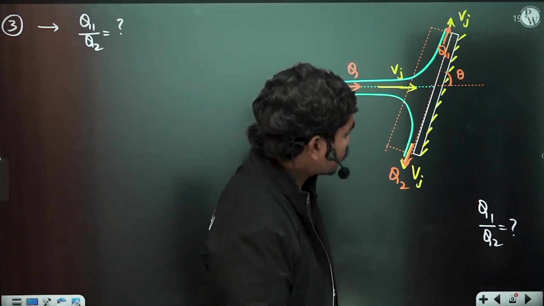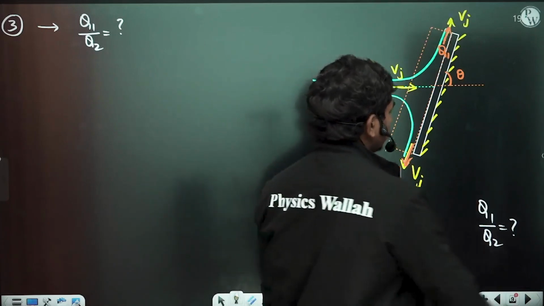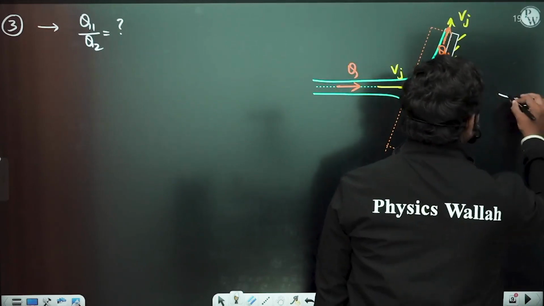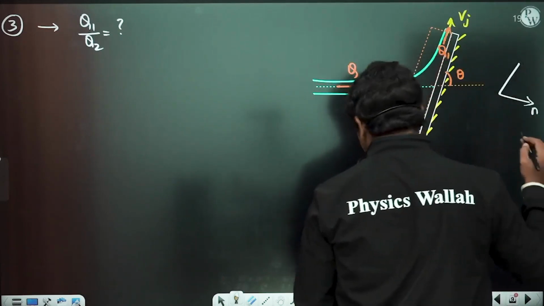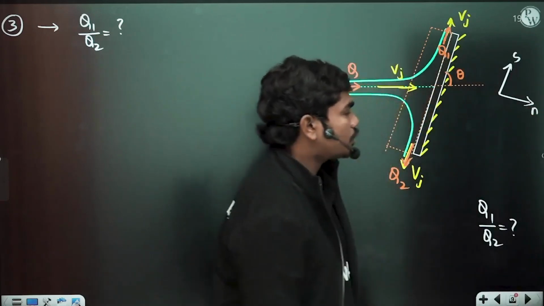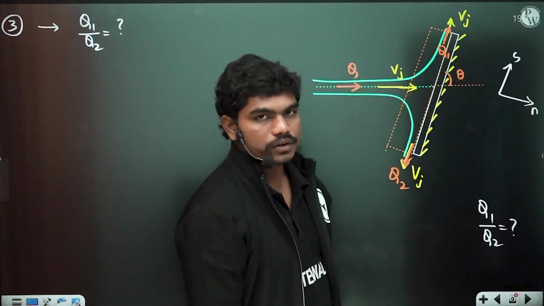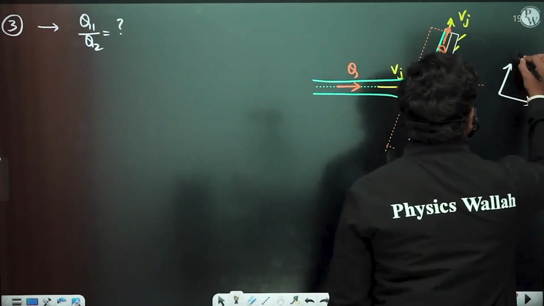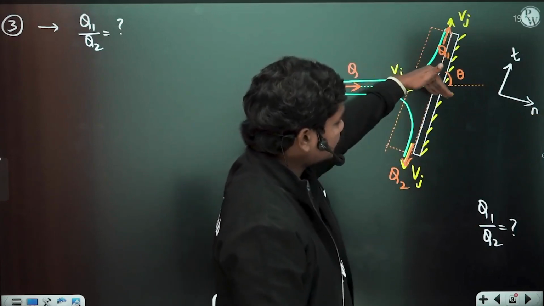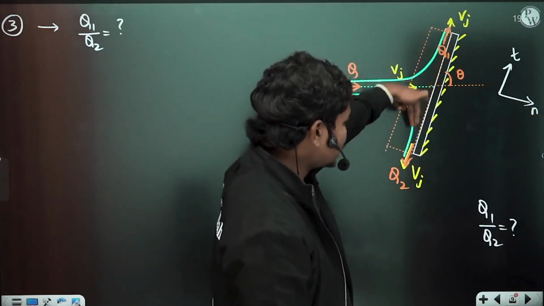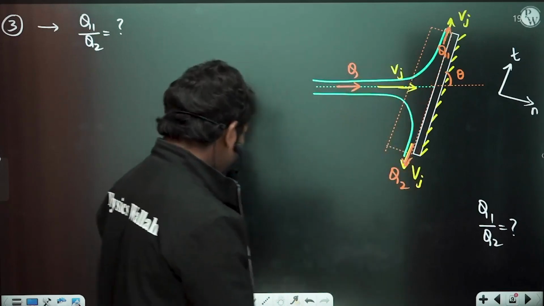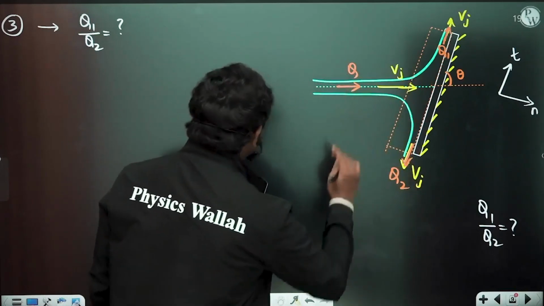If this is Q1 by Q2, let us define two directions in the positive sense. Let us suppose this is the direction normal to the plate, and this is the direction which is parallel to the plate, for example. Okay, so this is the direction parallel to the plate and this is normal to the plate. Or else you can write n and t, normal and tangential components. So you see some component is normal to this and some is tangential to this, which is basically smoothly sliding along this. Okay, now first of all, if you want to calculate the Q1 by Q2 value,